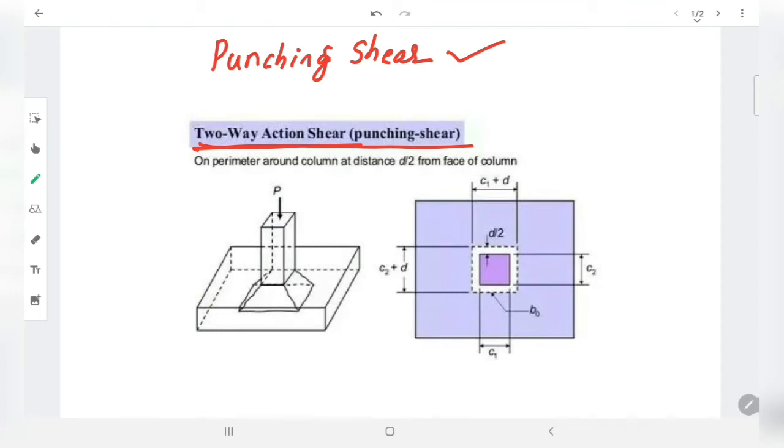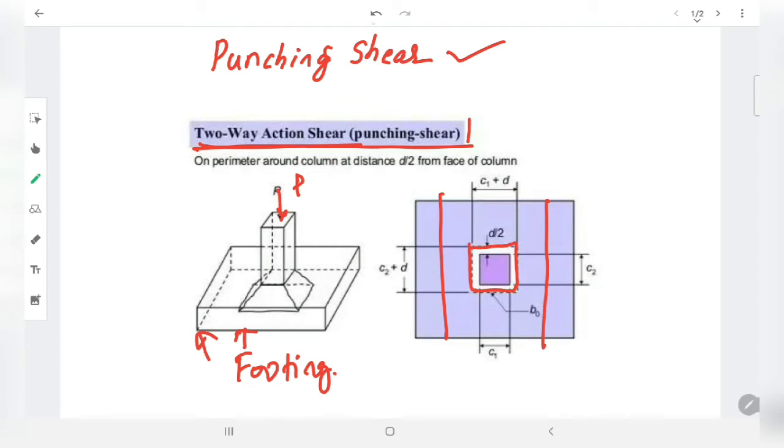Here you can see in the figure, suppose this is a footing of a building. Whenever you apply a force P on the footing, the SBC, or the footing resting on the subsoil, will be able to resist the force coming on it. Another parameter comes into the picture, that is single shear, the shear at some line at the surface. Apart from that we get another shear, that is two-way shear. Here you can see the two-way shear in the figure.